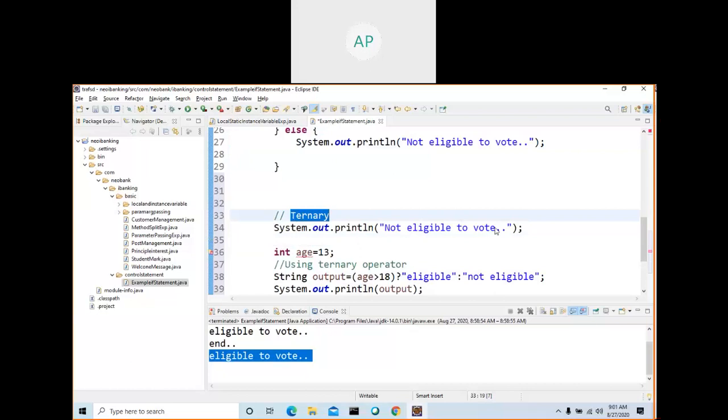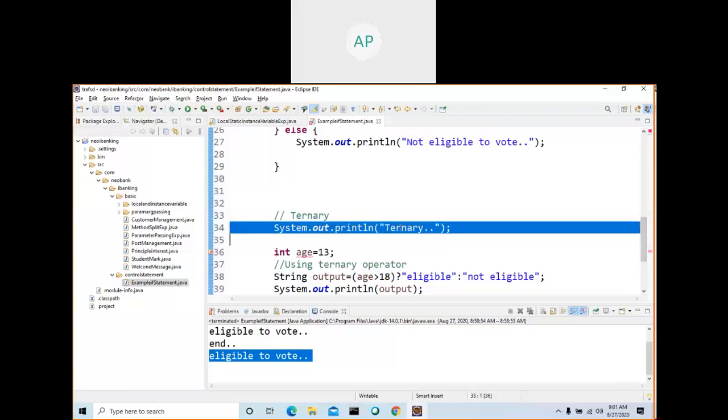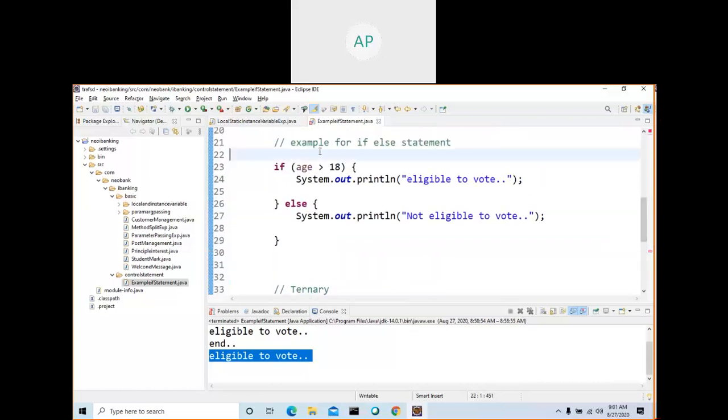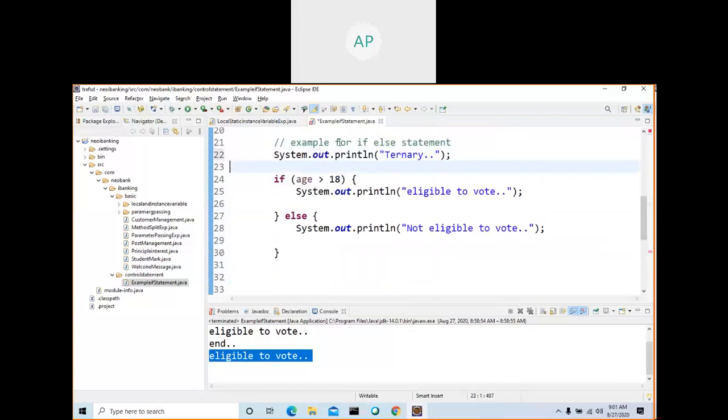You can see controllers. So this ternary example, control C, this one is this controllers.